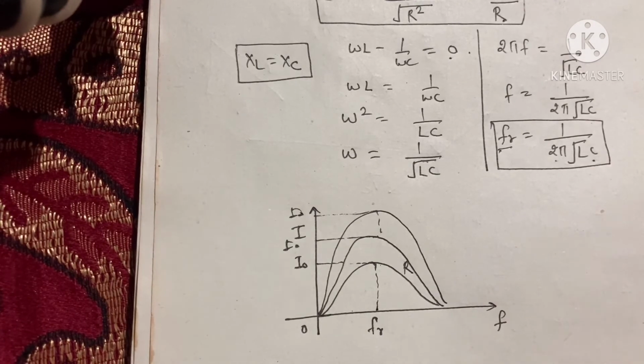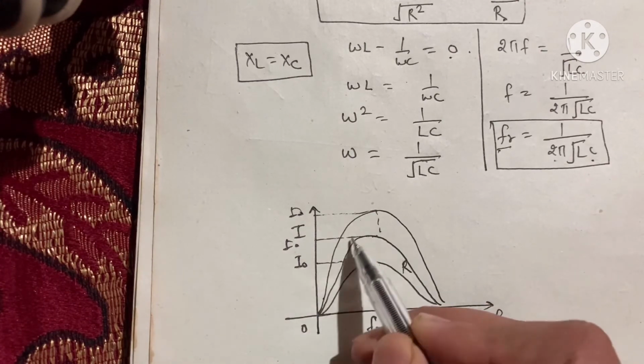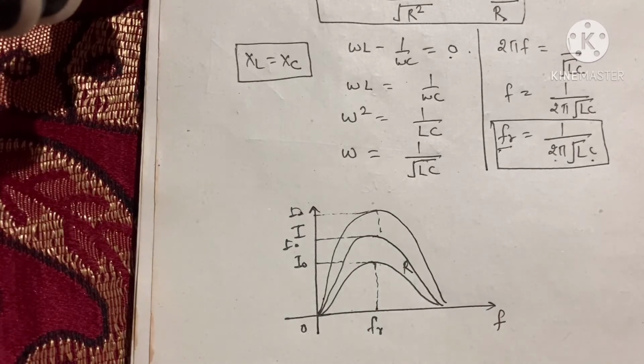Now this is what is called the quality factor. What is the quality factor basically? When we decrease the resistor, the sharpness of this peak will increase. So this is called the quality factor, and it has a particular definition. The resonant frequency is independent of R. Resonant frequency does not depend on R, but the sharpness of the peak depends on R. This is very important.